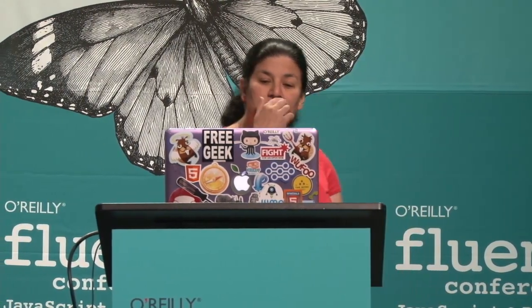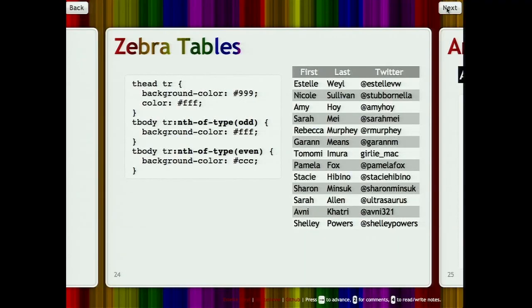Here's a few more examples. That's a striped table, and there's some people in this room whose names are on it. They're all amazing JavaScript developers. Myself, I'm first. No, I'm kidding. And so what I did is I did nth-of-type odd, background color white, nth-of-type even, background color gray, and we have a striped table. No background,